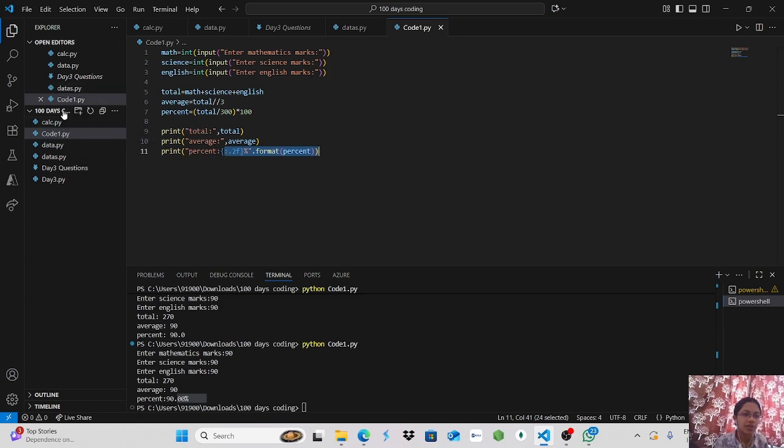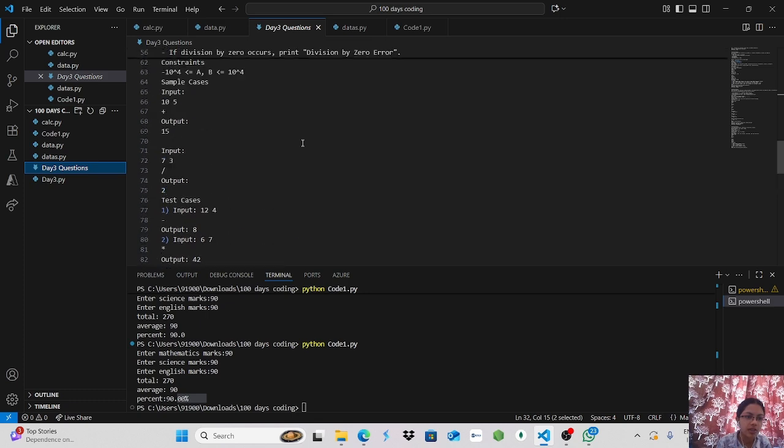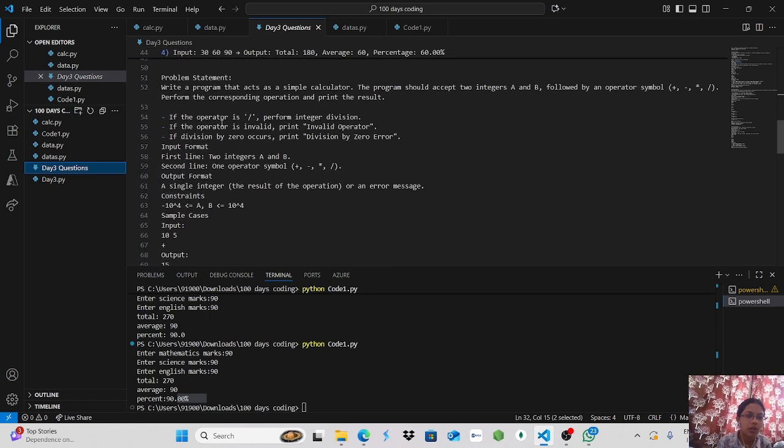Now coming to the second question. The second question is write a program to build a simple calculator, like if I keep plus, if I keep minus, then it should subtract. If I keep multiplication, it should multiply. Similarly if I keep division, then it should divide. So for this